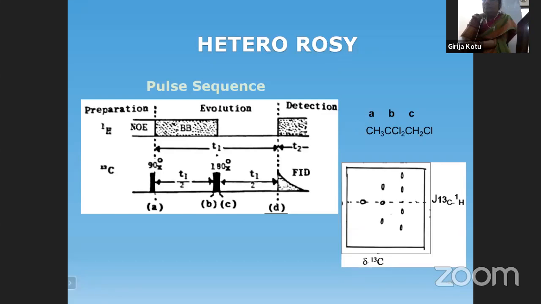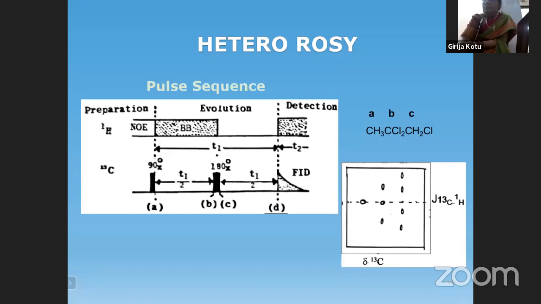So that is the advantage of C13 NMR, the coupled spectrum. In C13 proton coupled NMR, the advantage is we can know the nature of the carbon. If you are getting a singlet, it means it is a quaternary carbon. It has no attached protons. If you're getting a doublet, it means it is a CH carbon. If you're getting a triplet, it means it is a CH2 carbon. And if you're getting a quartet, it means it is a CH3 carbon. That is the advantage of C13 NMR.